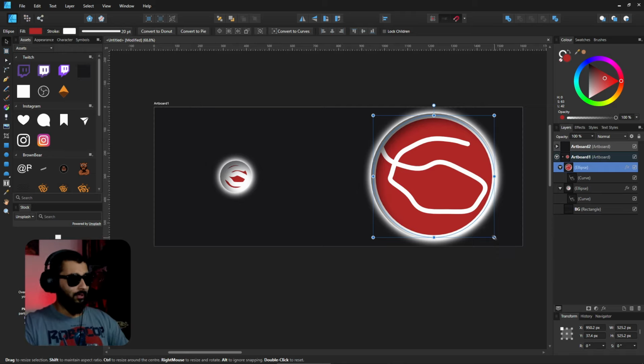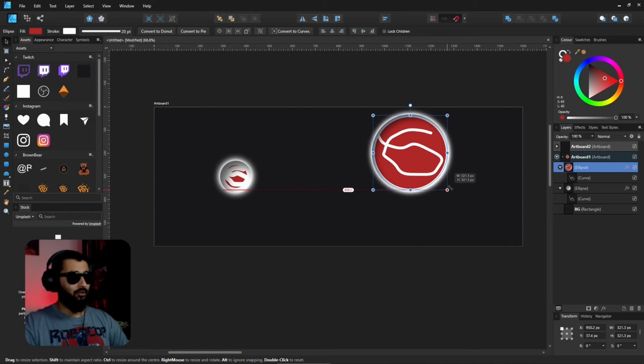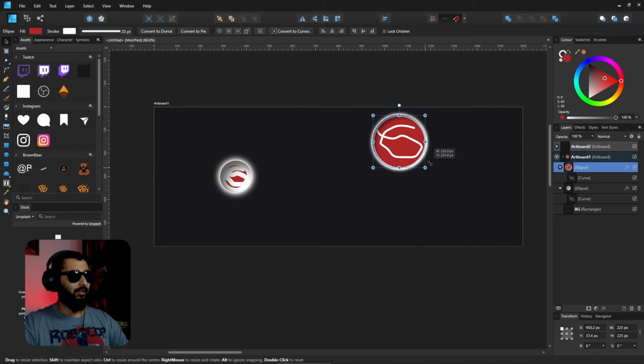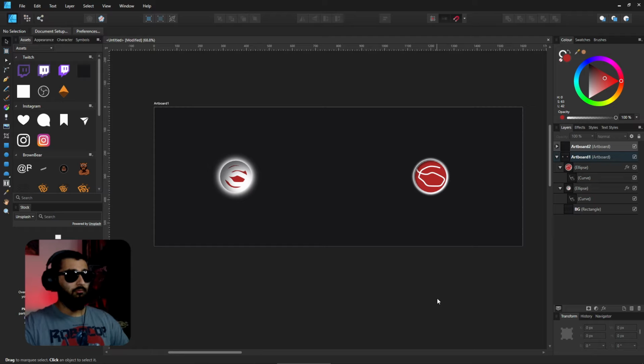But now, when we again hold shift and make this one smaller, you can see that as we make this smaller, the stroke, the effects, everything goes smaller with it. So that we're left with the actual same circle, but smaller, which is what we really wanted to achieve. Now it's a super simple way of doing this, which is